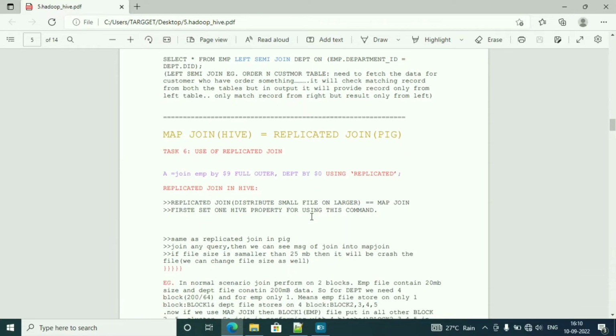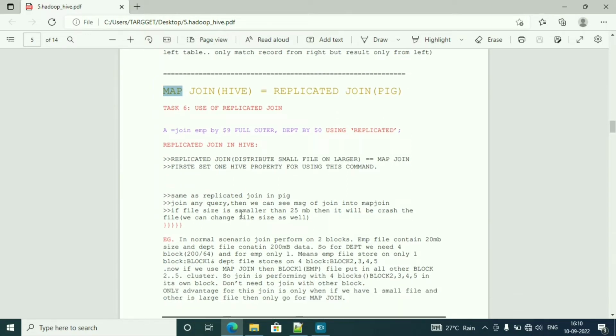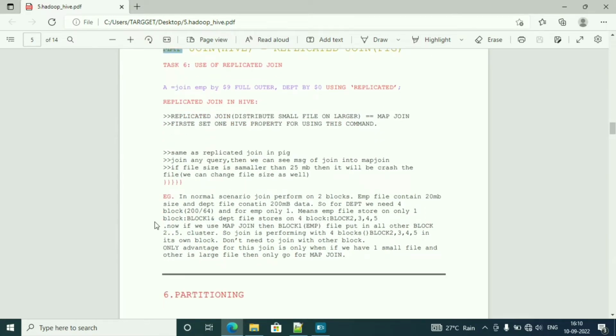Then there is one more join we have in Hive. It's called a map join. So what is a map join? I will tell you guys first. So the use of map join. Let's suppose